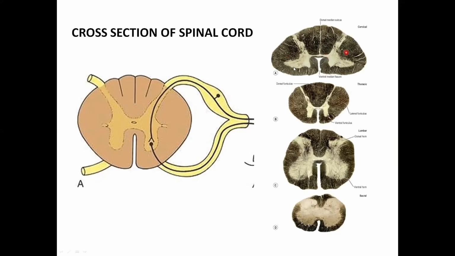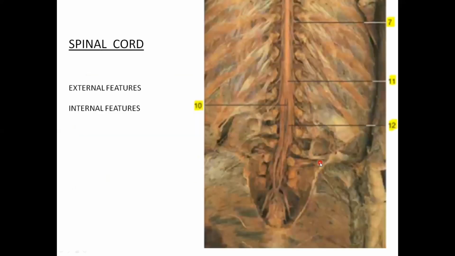This one is the cervical segment of the spinal cord. This is the thoracic segment. This is the lumbar segment. This is the sacral segment. So you can appreciate that when you take a section of the spinal cord, what you see inside differs. What you see depends upon where the section is taken. So the external features you can appreciate are the anteromedian fissure, posteromedian sulcus, the ventral root, and the dorsal root ganglia. The internal features of the spinal cord can be appreciated only under histology.